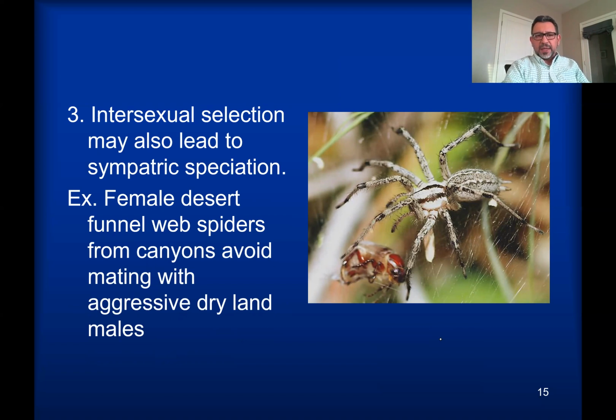This is an example that I've also reviewed. I didn't do research with the funnel web spiders of the Sonoran Desert here in the Americas. Agelenopsis aperta is the name of the funnel web spider. You can just call it the funnel web spider of the Sonoran Desert. And when you go to the deserts, often you find creeks that are carving through the desert. Even though those creeks, for most of the year, are going to be dry, there is more vegetation. There are certain trees like willows that can grow there and provide a nice shady relief from the heat of the desert.